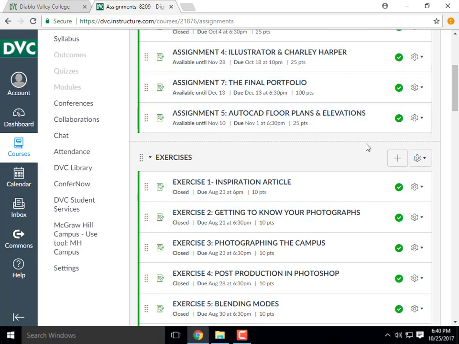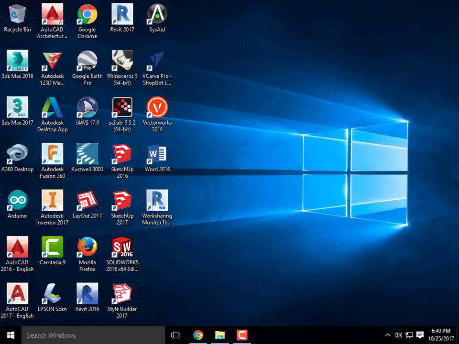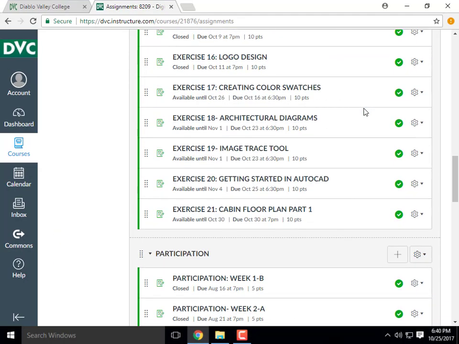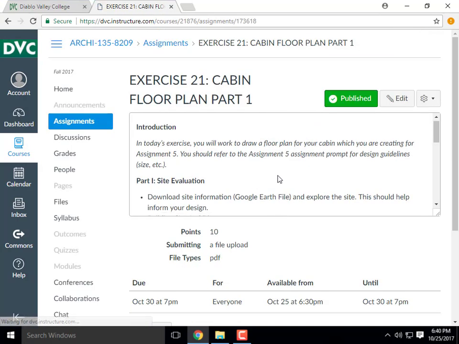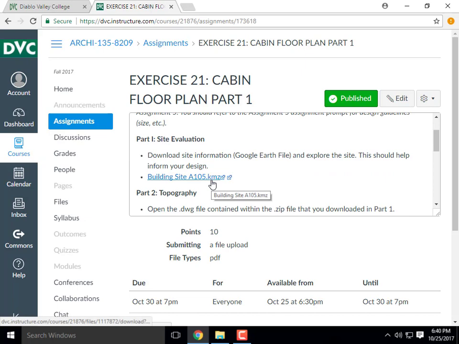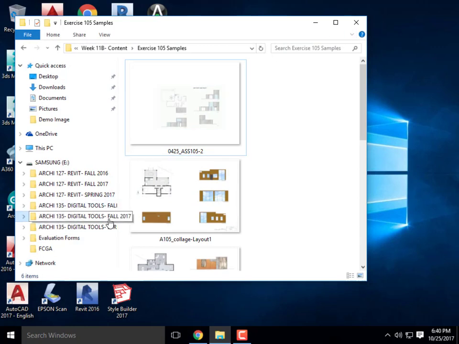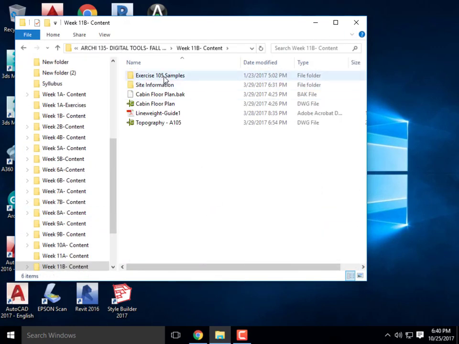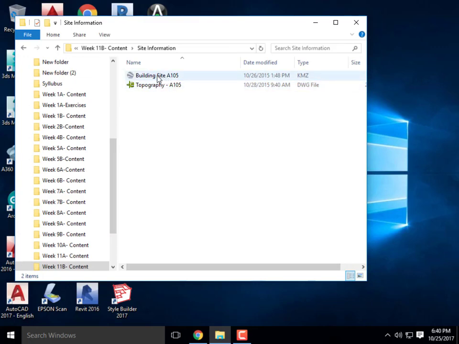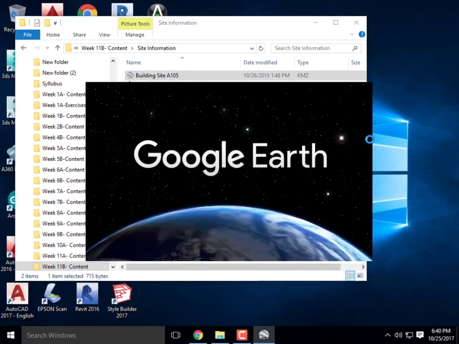So today we're going to go ahead and kick off our Yosemite cabin. We're going to start that out by doing a brief introduction to the site. If you go on Canvas and click on exercise 21, you will see that there is a download for a KMZ file. That KMZ file is a Google Earth file. If you click on that, that will take you to where our site is. That gives you a little bit of an explanation of where exactly we're building our cabin. So let me go to that file. Building site A105, we'll click on that, and we'll do a little Google Earth tour